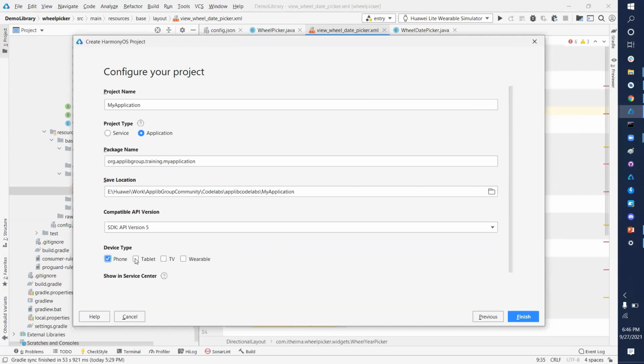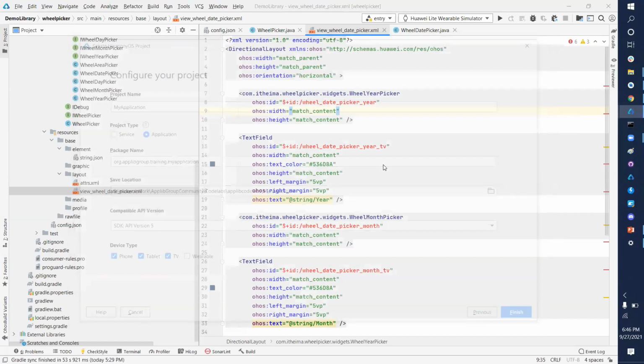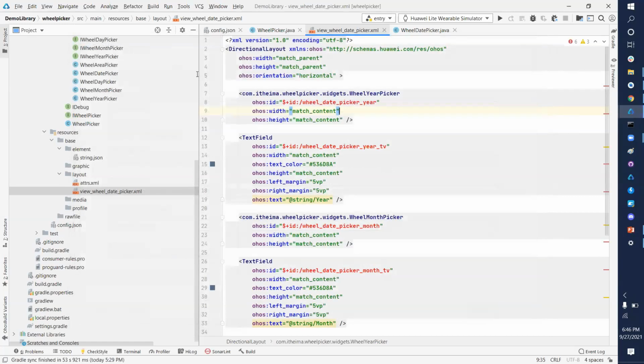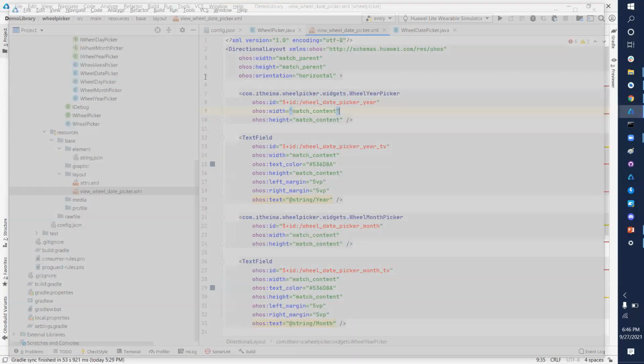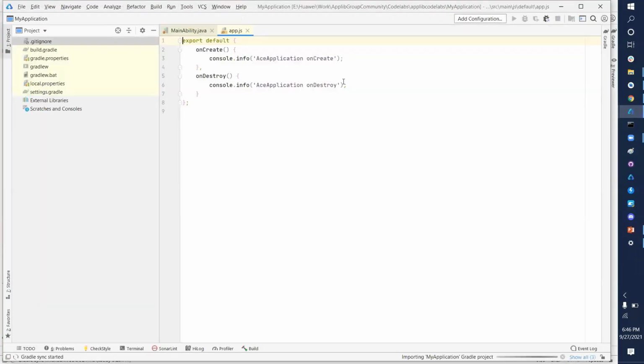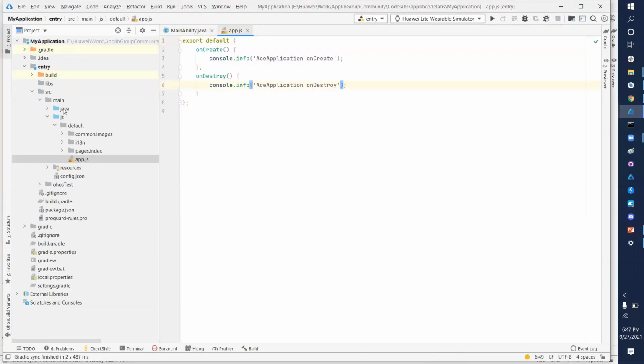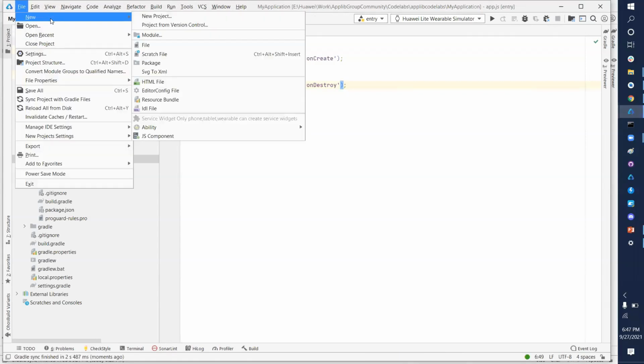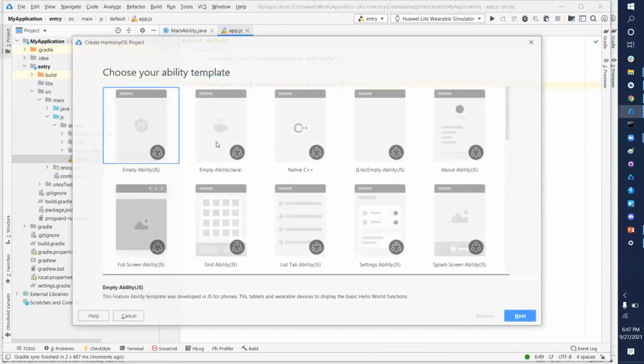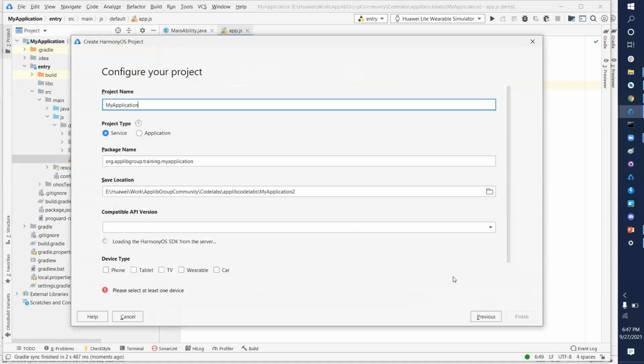Device type: here I'll select all, and then we can select any one or more, depending on whatever target we are aiming for. So now we are good with a new project. Okay, I think I made a mistake. I created a project using JS. Sorry guys, I think I need this one.